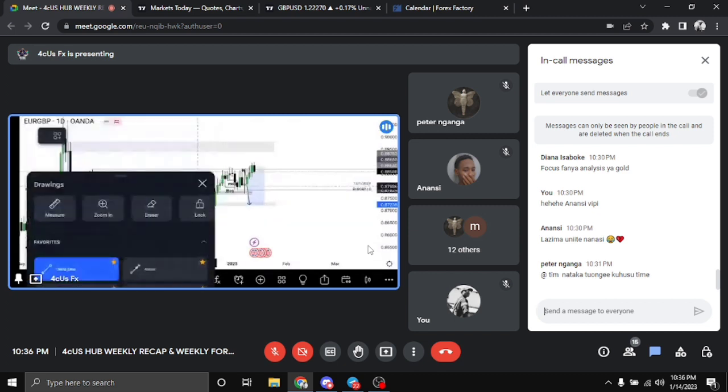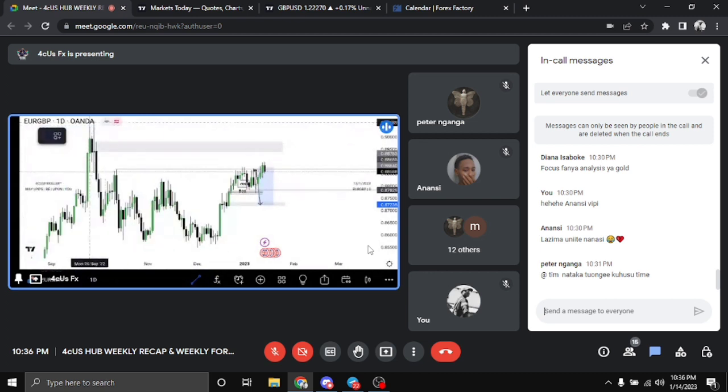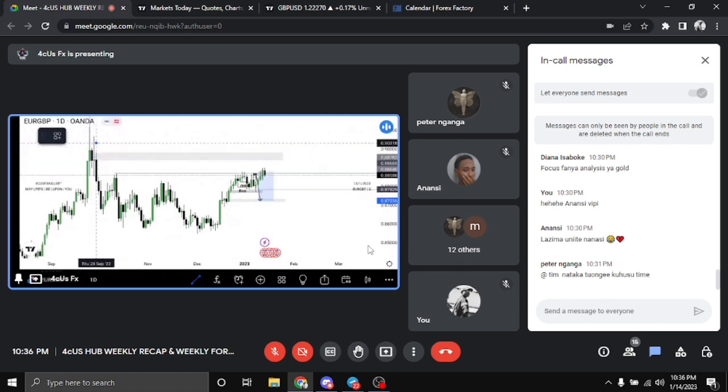So there's this supply here, it's a continuation supply, because you see the price dropped, created a base here in form of a long wick. It's just some form of manipulation in form of a candle, an indecision candle. I hope you guys know how to read the candlestick patterns. It's not just SMC or a retail trading strategy, but you guys don't know how to read the candles. Because if you don't know how to read the candle, or don't know candlestick patterns,